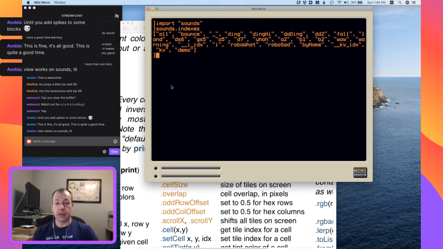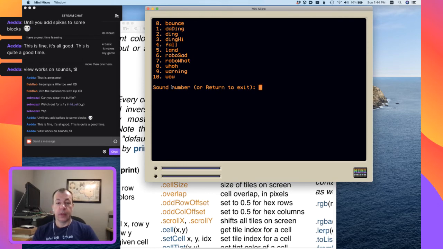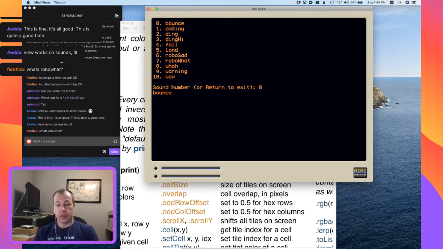In fact, let's do sounds.demo. So, that's a pretty good sound. There's also a landing sound. So we'll use these when he jumps. So sound.bounce and sound.land. And you can run these, I think, by doing